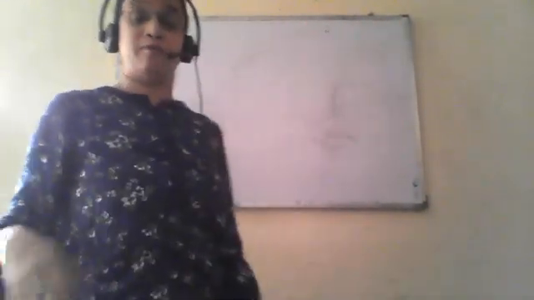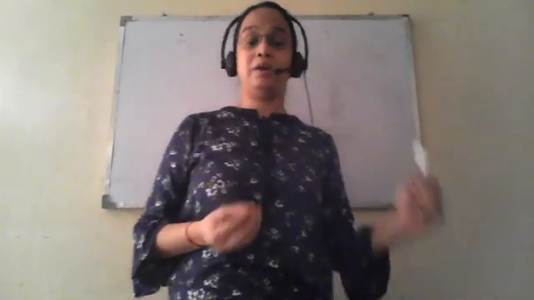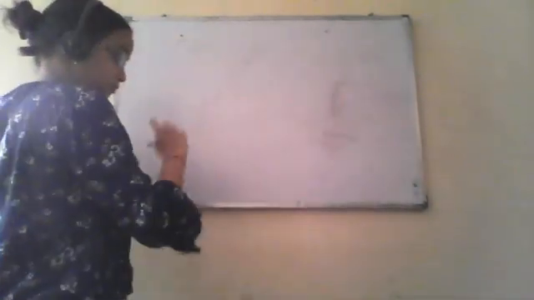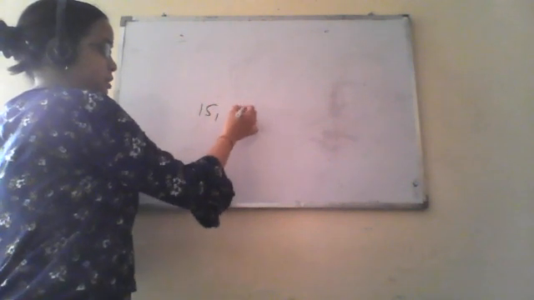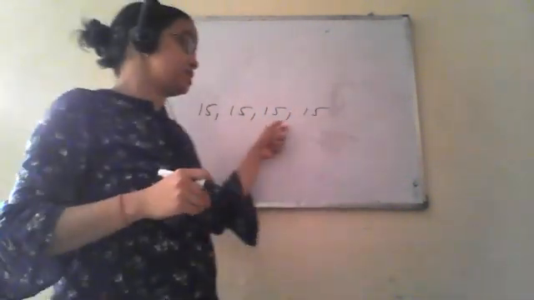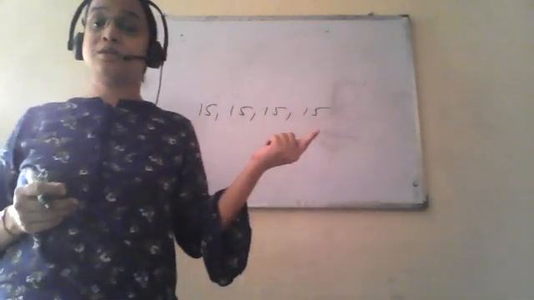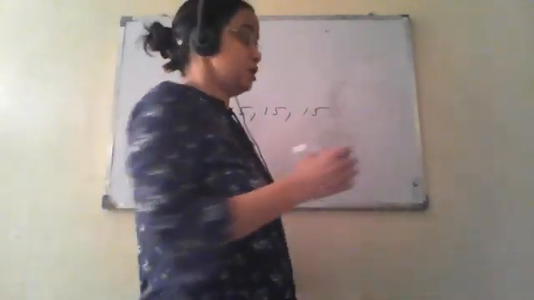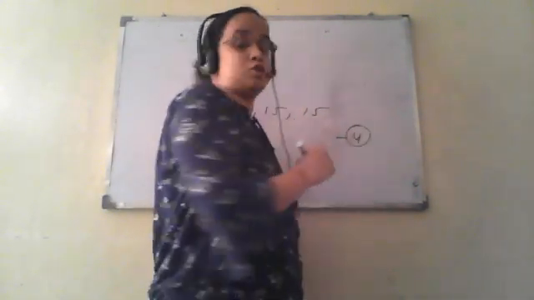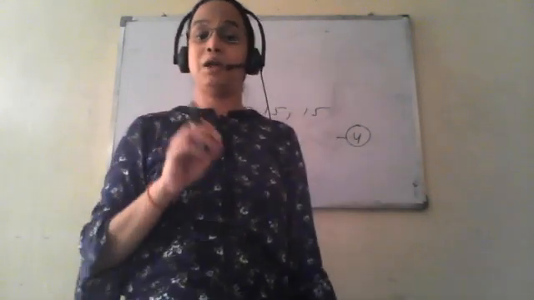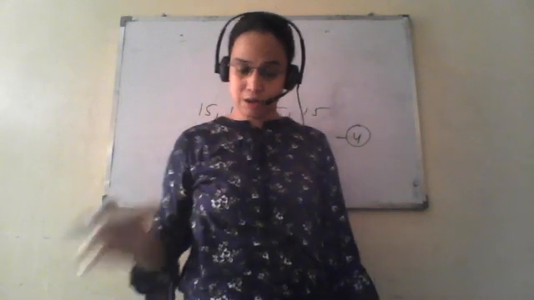Frequency is the number of times that a particular event or particular entry occurs. Suppose in a test, 15 is appearing 4 times. So when we are representing this, we will write the frequency of 15 as 4, that this 15 is repeating 4 times. So frequency is nothing but the repetition, or the number of times that a particular entry is occurring. So this is the frequency.